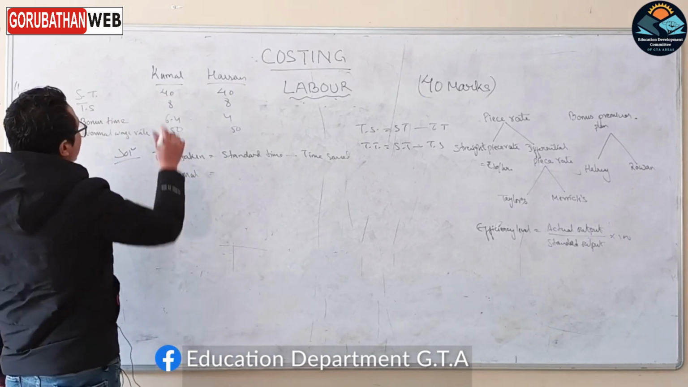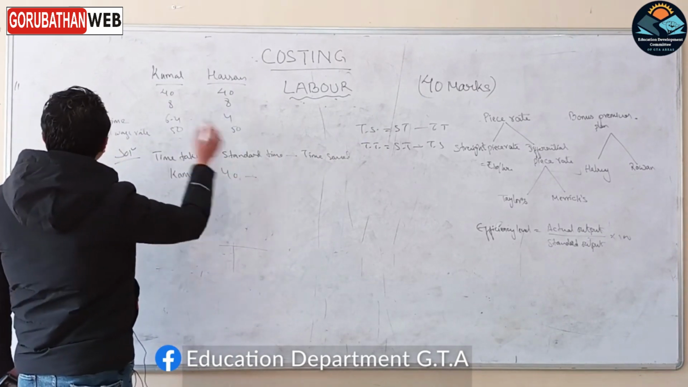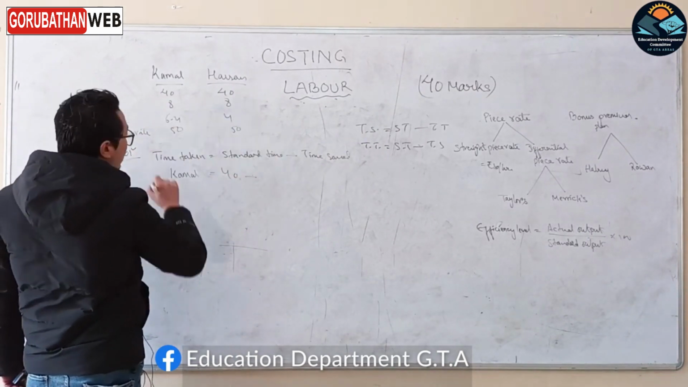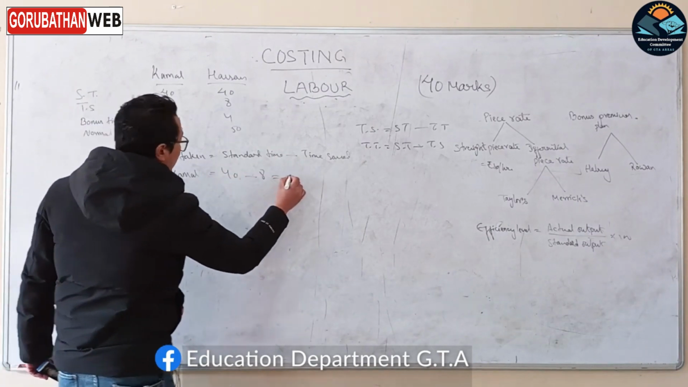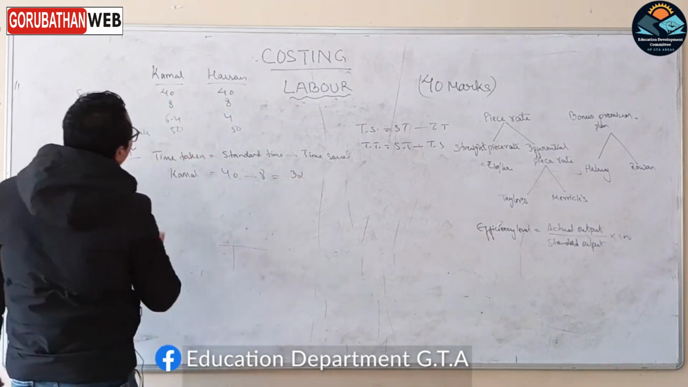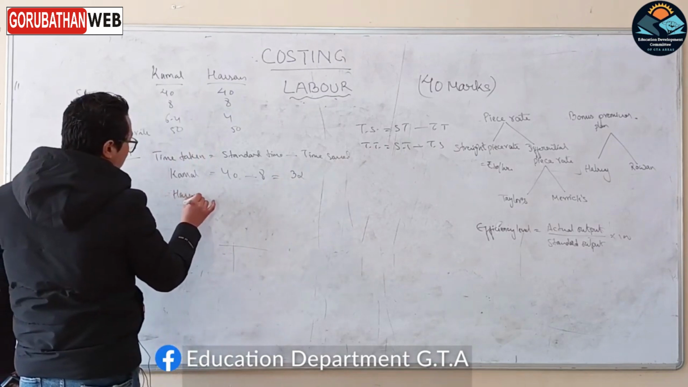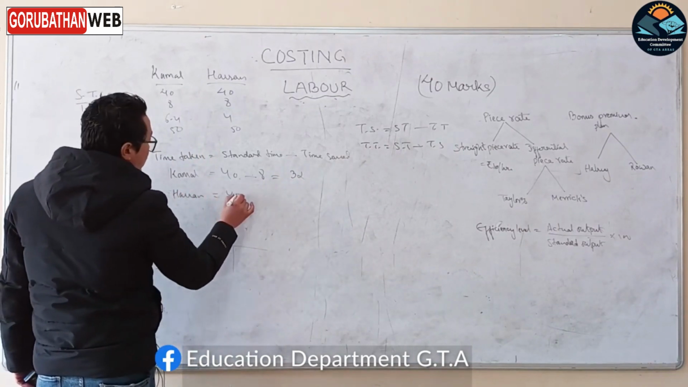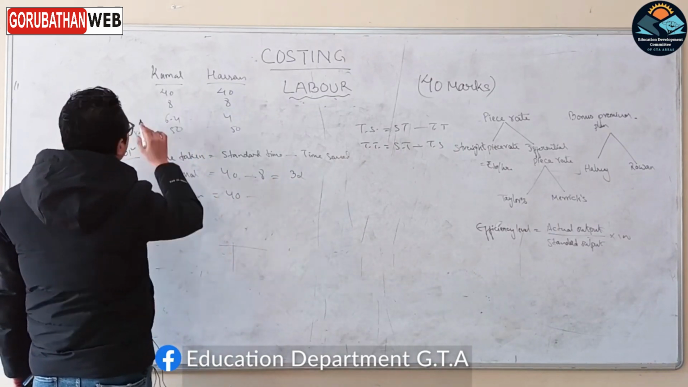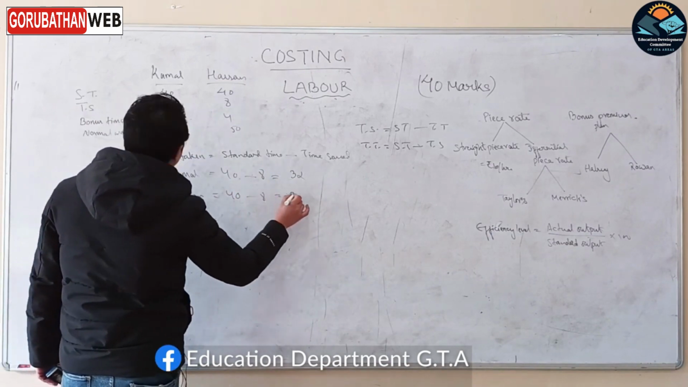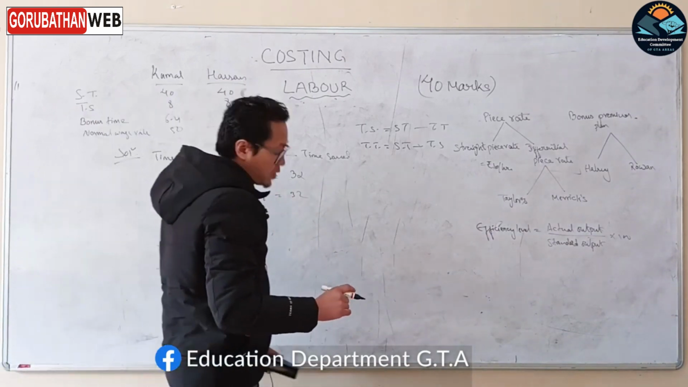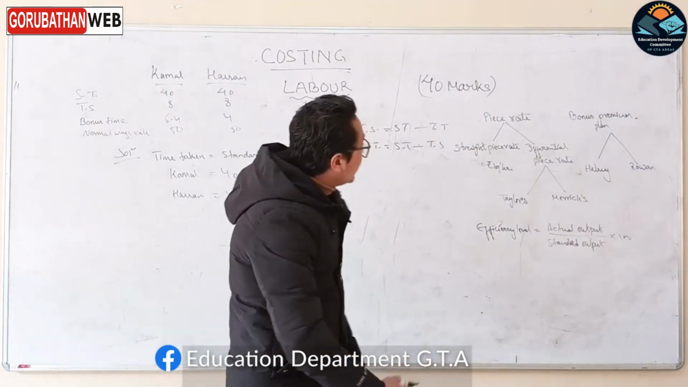कमलको स्ट्यान्डर्ड टाइम कति छ भन्दाखेरि 40 माइनस टाइम सेभ 8, उसको भयो 32। हसनको 40 हो स्ट्यान्डर्ड टाइम, सेभ गरेको छ उसले 8, 32। र दुईजनाको 32 आउँदो रहेछ।